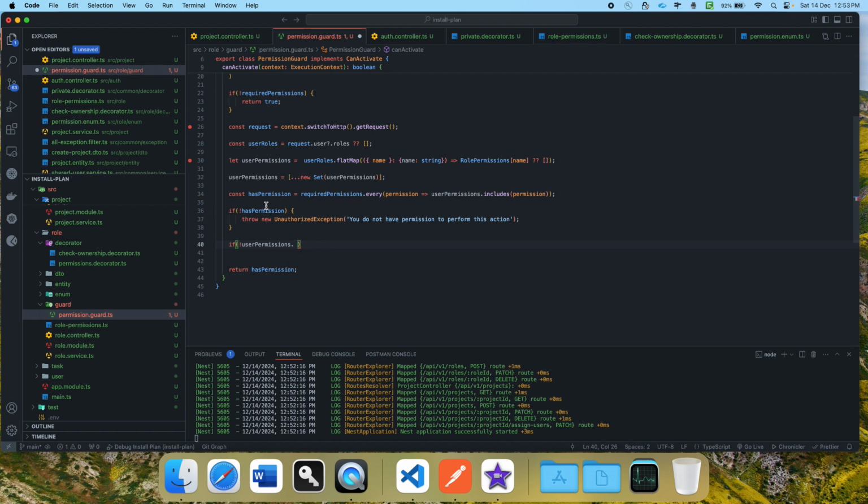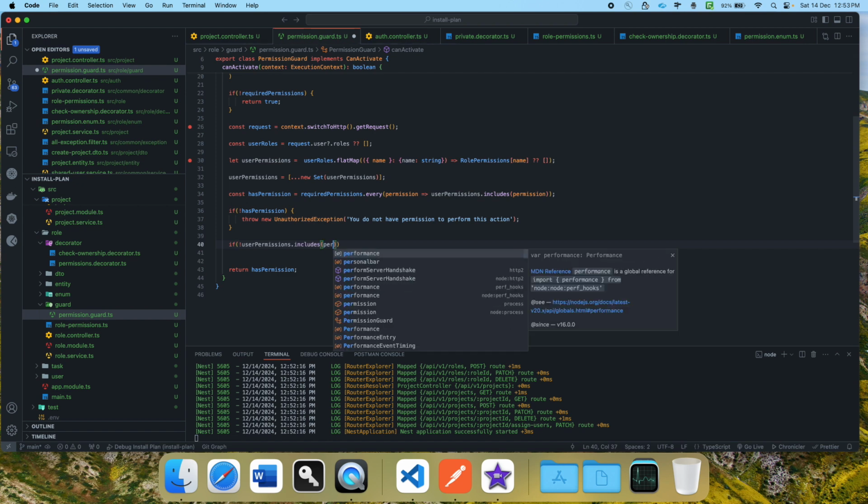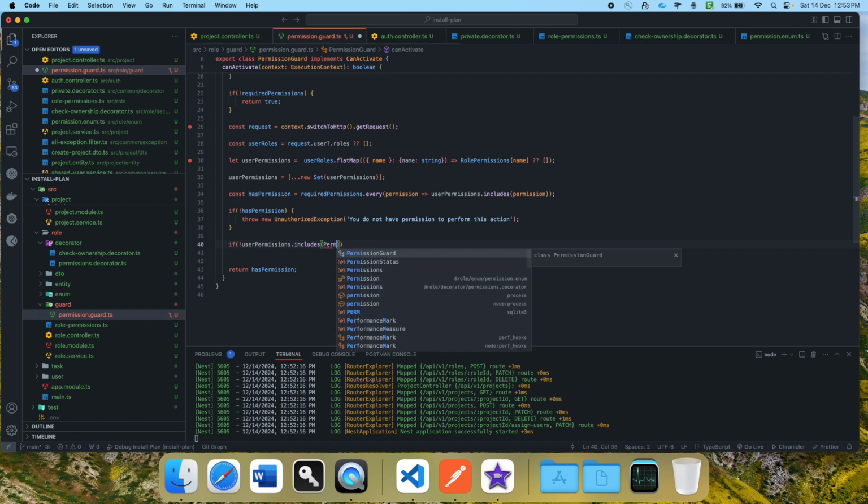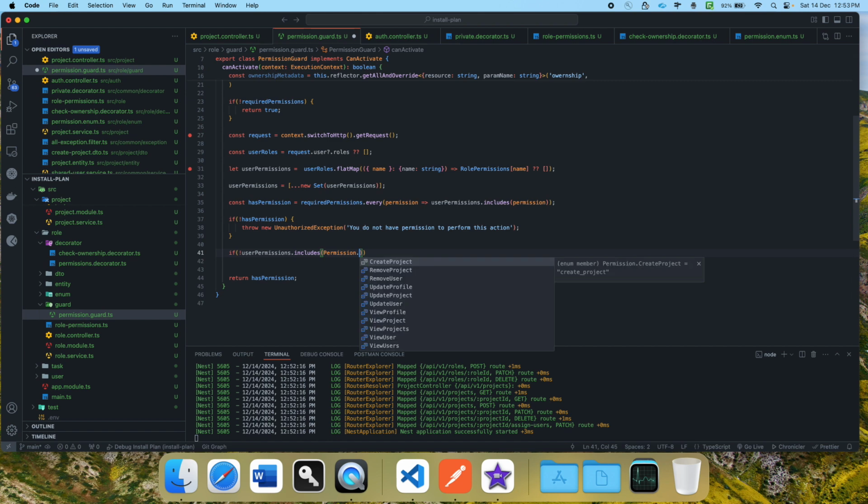I'm just thinking why this is not coming as an array. That's fine, let's do this. Includes permission dot permissions. So permissions, I wanted to access in okay, so